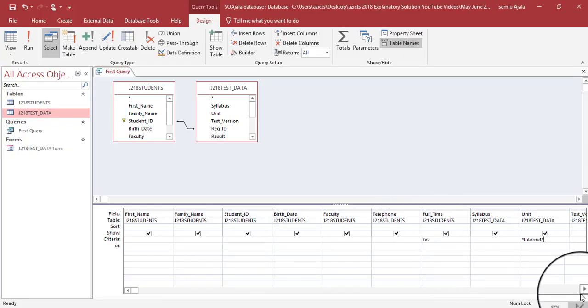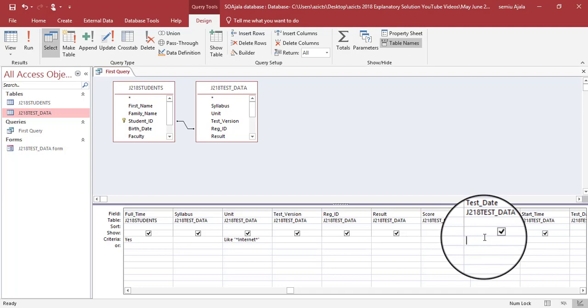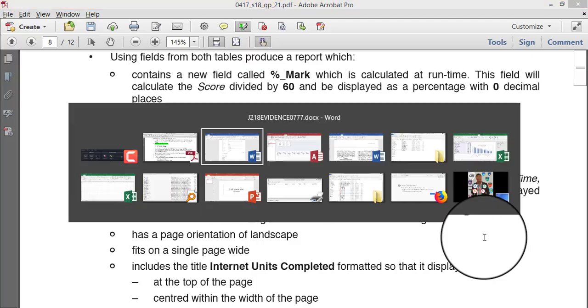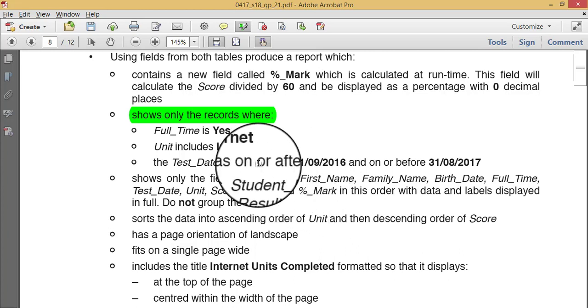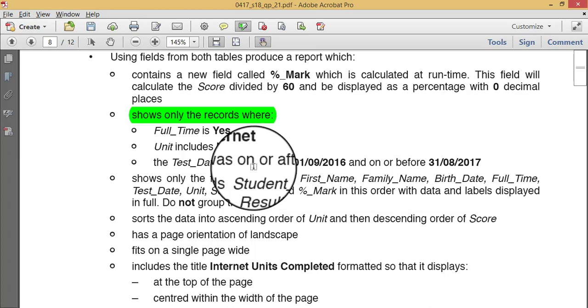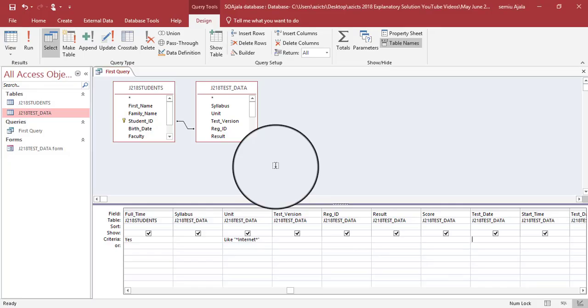Test date, where are you? I need to see you here. Okay, so the first criterion is they say you are on or after, that is greater. You start with the greater than before you write the equal. Greater than, equal this, that is greater than or equal